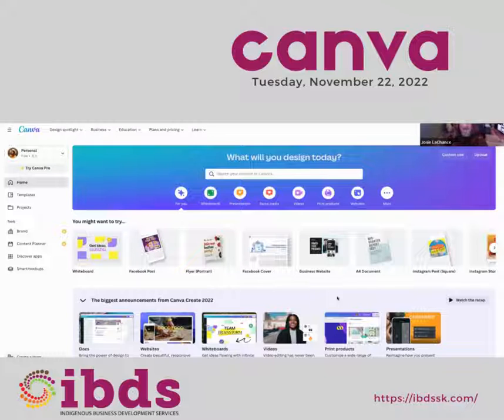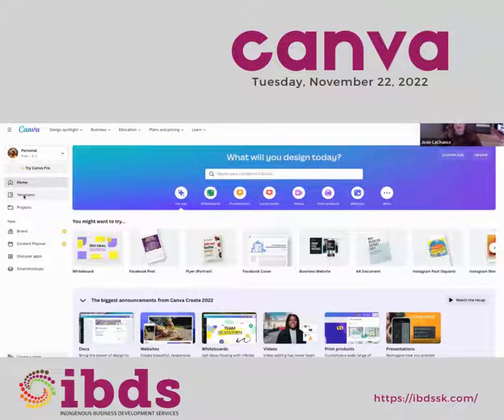Anyway, like I said, this is the home page when you log in, and basically on the left hand side, we'll start over here. It just shows a few quick access buttons. This is the home page.